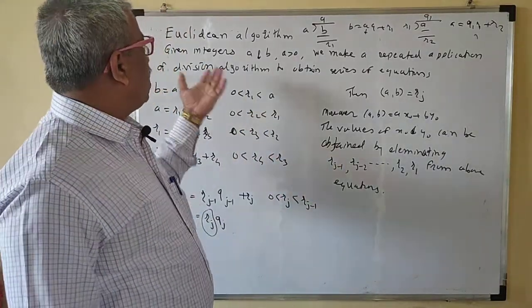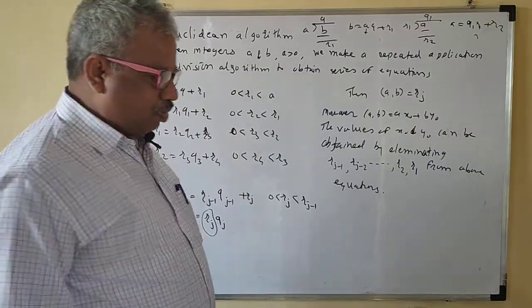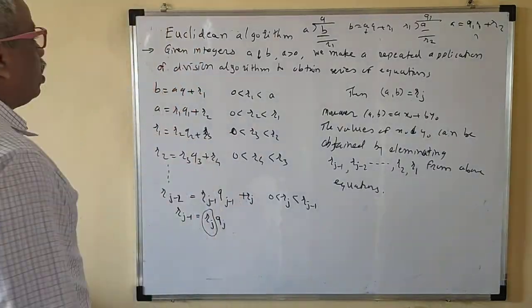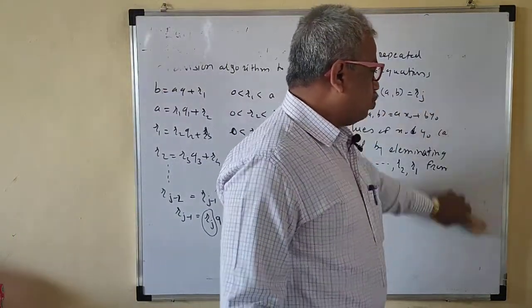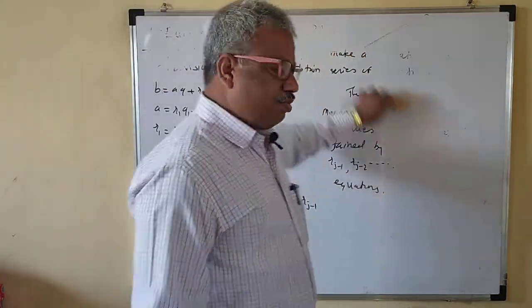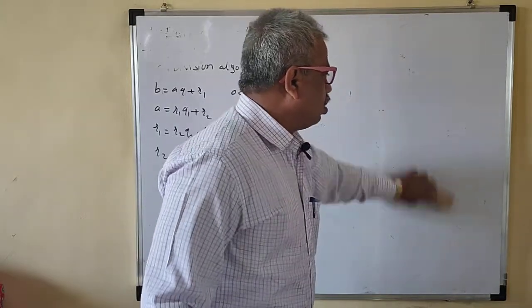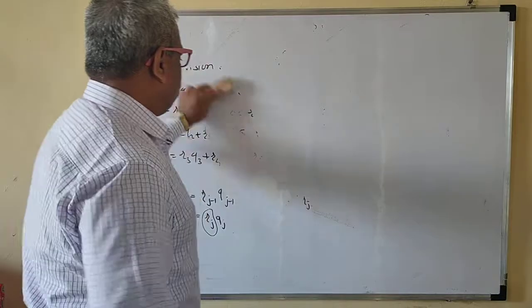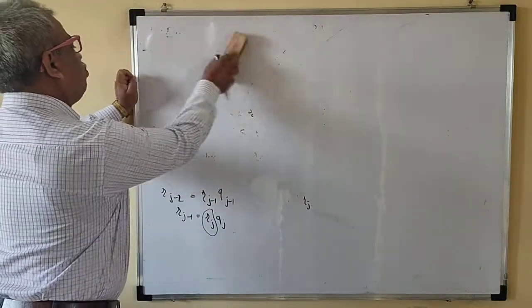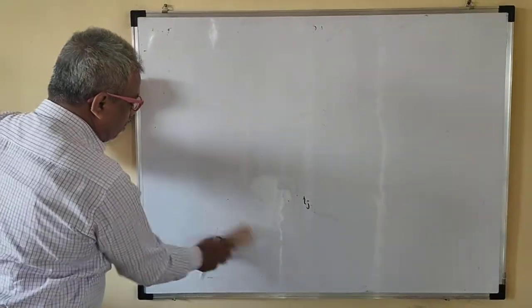Okay. So we will see how to express that GCD in terms of A and B, how to find the GCD with the help of this Euclidean algorithm. So that we will do. The Euclidean algorithm is nothing but the application of the division algorithm. In each stage we have applied the division algorithm, so we may call this with the help of the division algorithm.